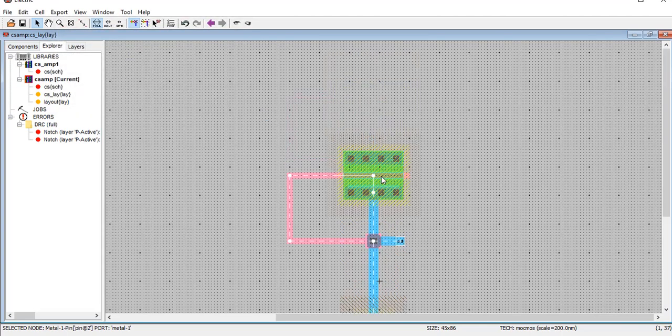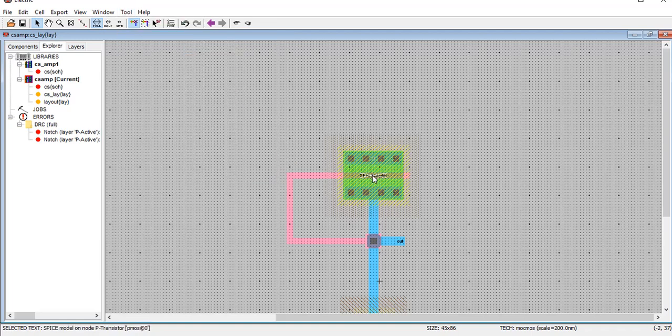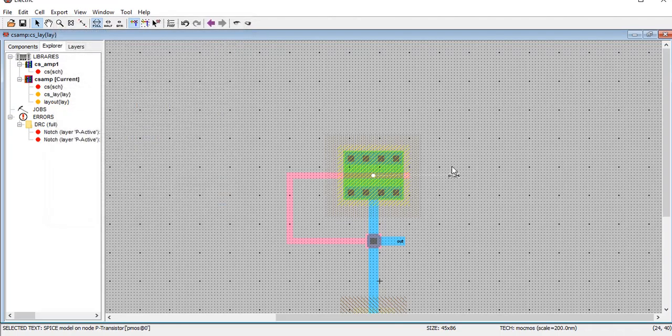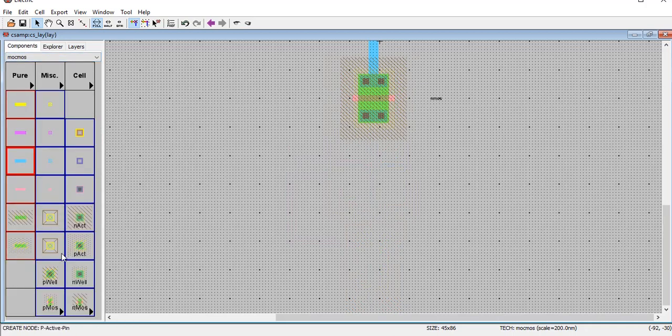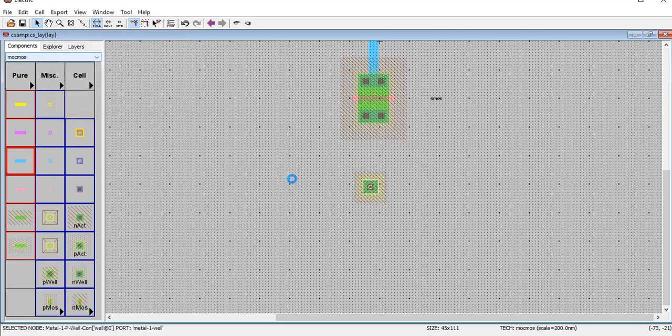And I have not modeled this, I will just try to set the spice model for this as well. So this is my control I, that will be my PMOS, and I need to be placing the N well and P well, that I forgot, so I will be doing that. For NMOS, I will be placing P well, and I will be adjusting the width accordingly, and I will be joining them.